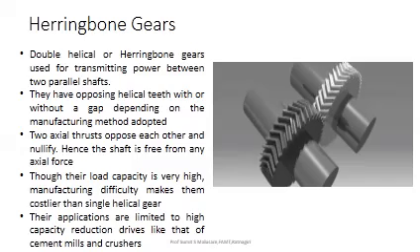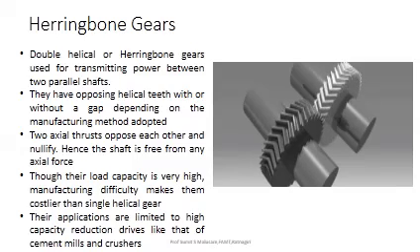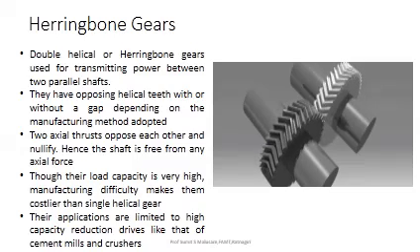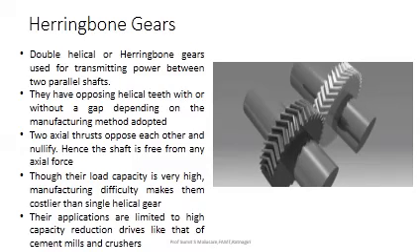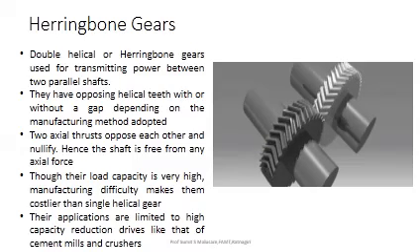The herringbone gears. What is the drawback of helical gears? They impart an axial force, or a component of axial force, along the axis of the shaft. So what we do is attach two gears, one left-handed and one right-handed, on one shaft, or we fabricate a gear which has a combination of left hand as well as right hand threading. Due to this, it creates two axial components which nullify each other, and the shaft is axially stable. That is called herringbone gears.